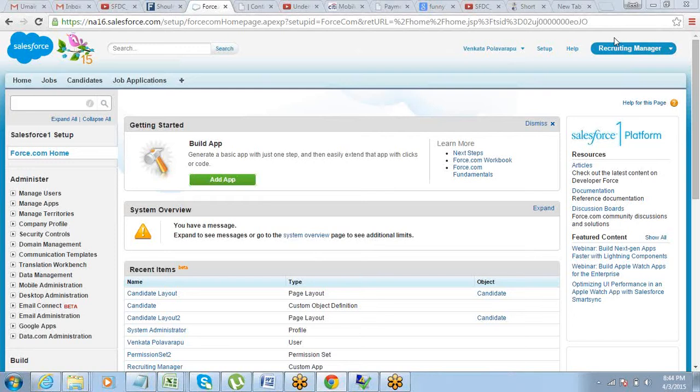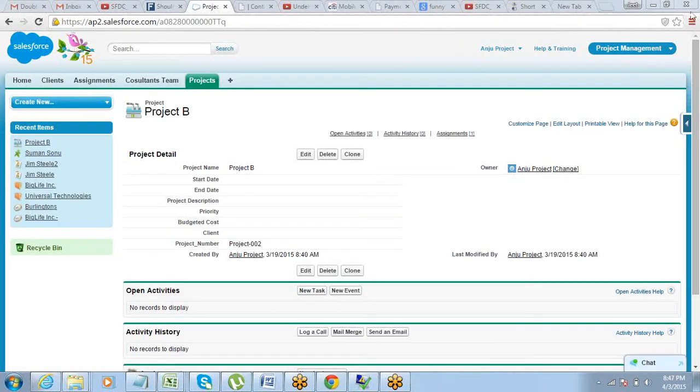Navita, no corrections actually required. I think your thing was also fine. I was actually looking for this project object, which I could not find there. So you can just create that project object. All right. Otherwise, that looks fine.